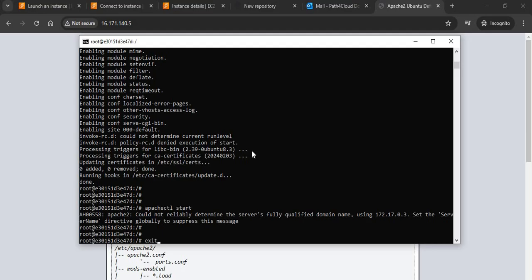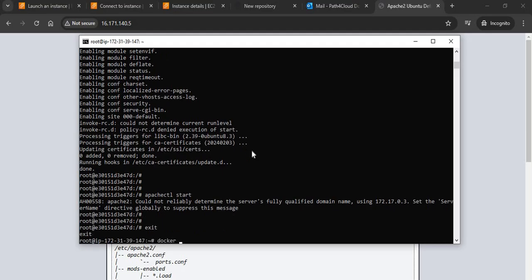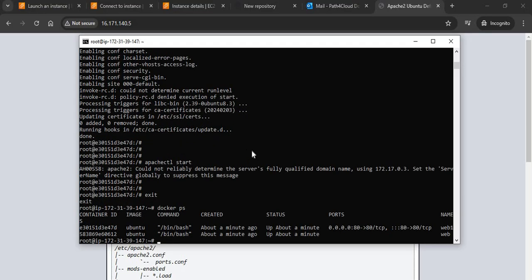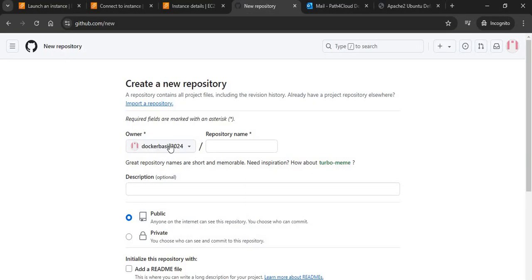So here comes the Dockerfile. A Dockerfile will help us place all these steps which we just implemented manually. It will do all this stuff for us. We are going to write one simple Dockerfile, and then we will push it to our GitHub repository. So first let me create one